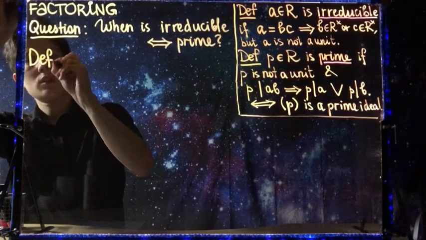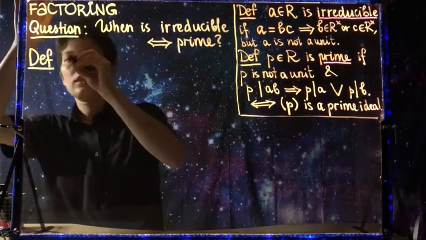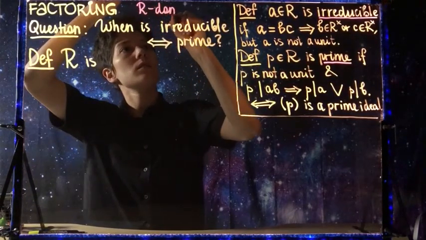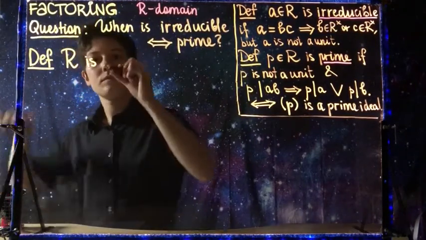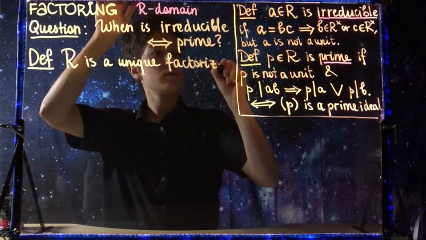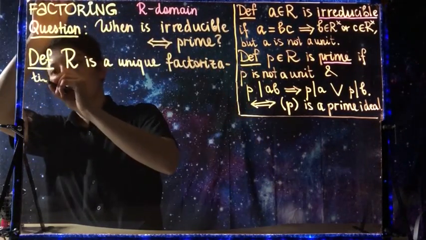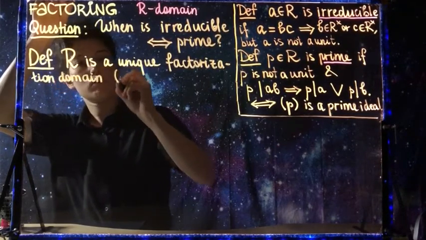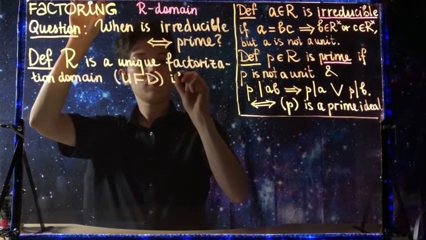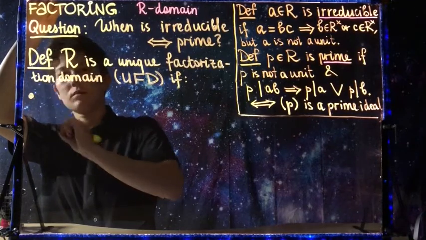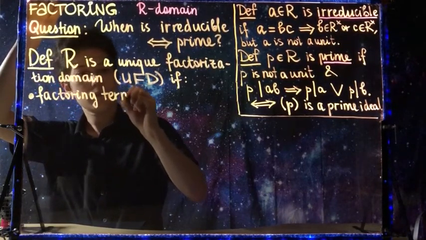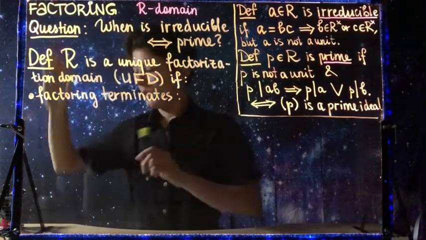So the definition of what I have just said. R, our domain, is a unique factorization domain, commonly called UFD, if factoring terminates, which means that